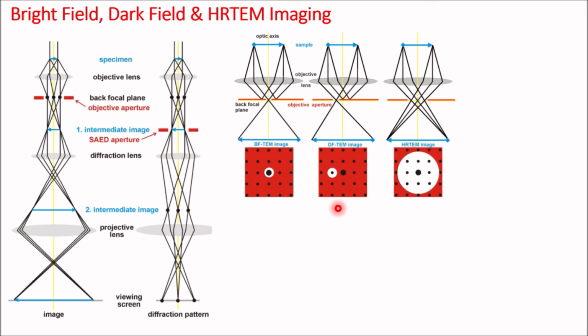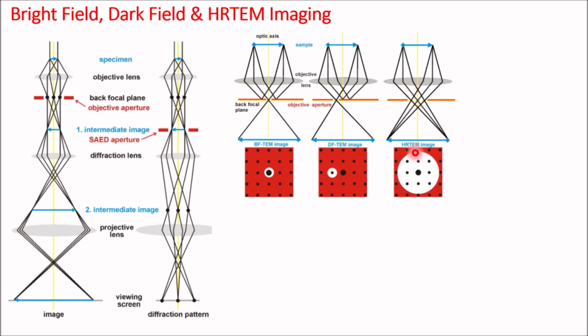To ensure high image quality, this aperture has to be on the optical axis of the microscope. For this purpose, the electron beam is tilted before the sample in such a way that the selected diffracted beam passes through the aperture that stays on the optic axis. If a large aperture is selected, the direct beam as well as the diffracted beams are collected so that they interfere with each other in the imaging plane. And this is the setup used for high resolution TEM,